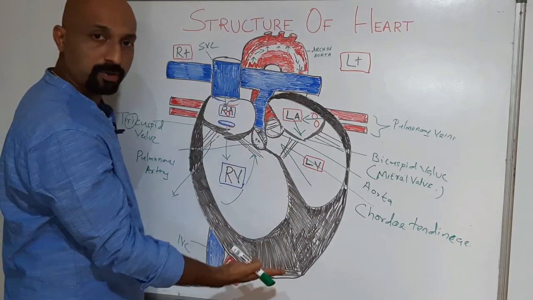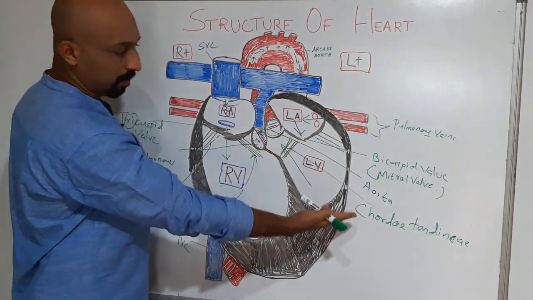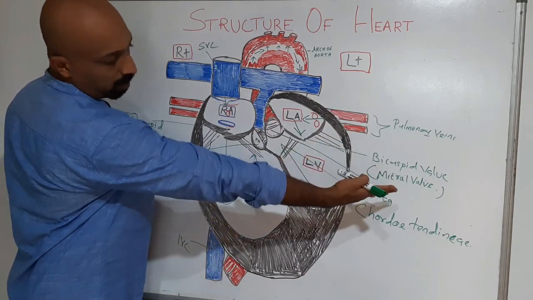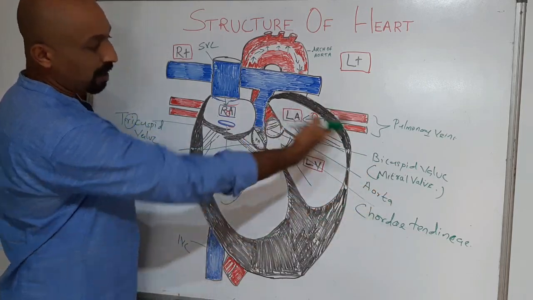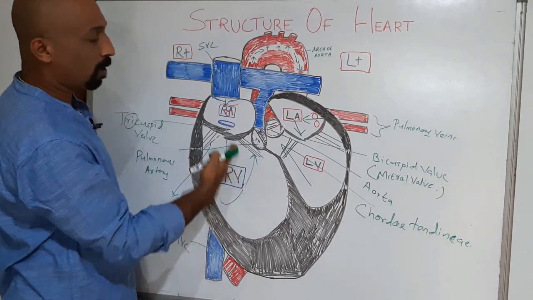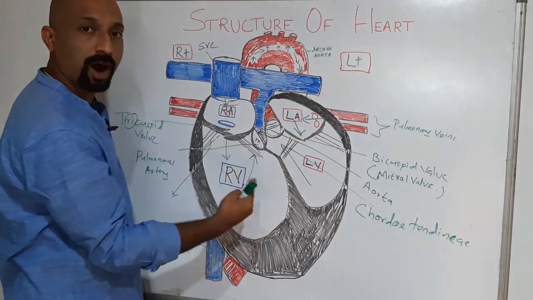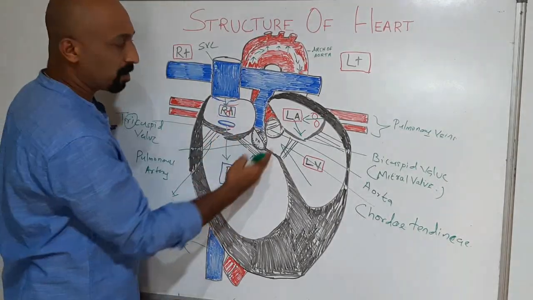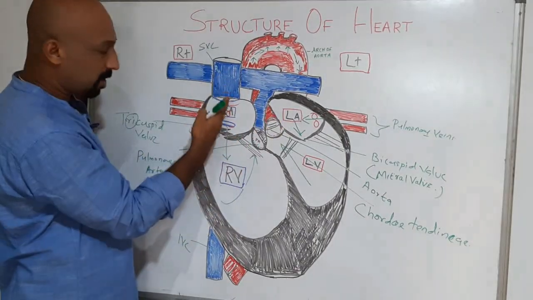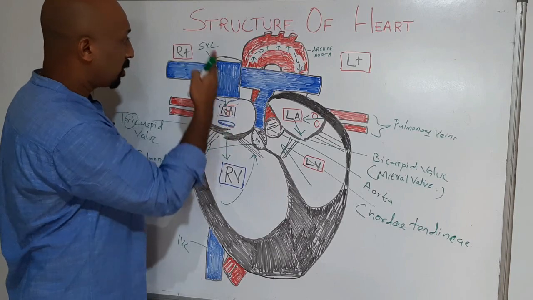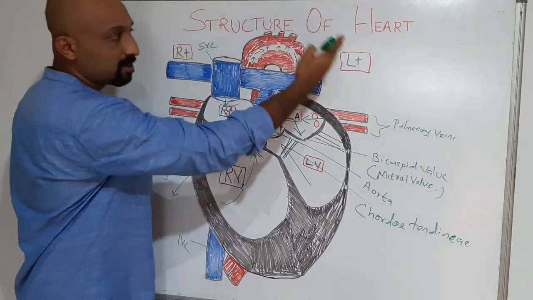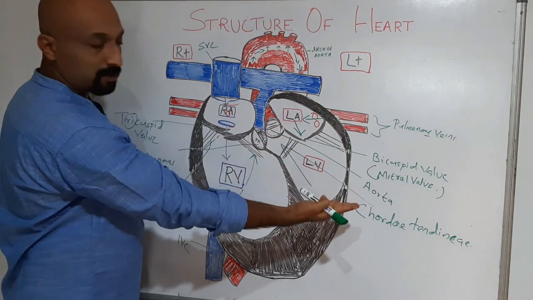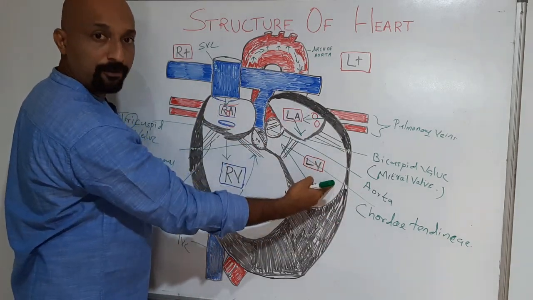We have already drawn most of the structures. I hope it is very easy to draw them, and we can see what the main areas are. Once again, I will make a summary of the important structures of the heart. The heart is composed of four main chambers. It starts from the right atrium. This is the right side and this is the left side. So right atrium, right ventricle, and towards the left side, left atrium and left ventricle.